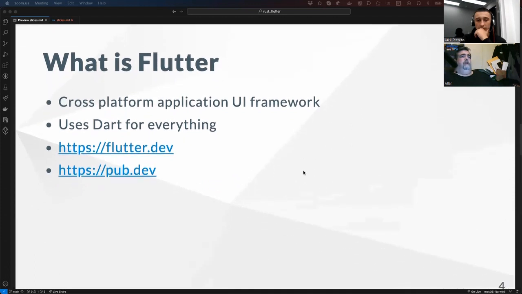That's basically what Flutter is. And there's a couple links to actually download Flutter if you want, as well as pub.dev, which is the libraries for Flutter. Now, everything in Flutter is written in Dart,